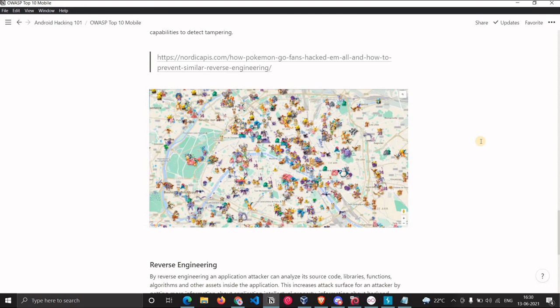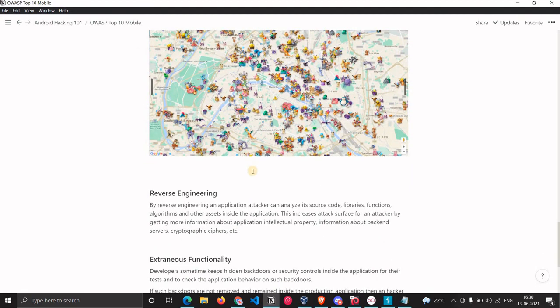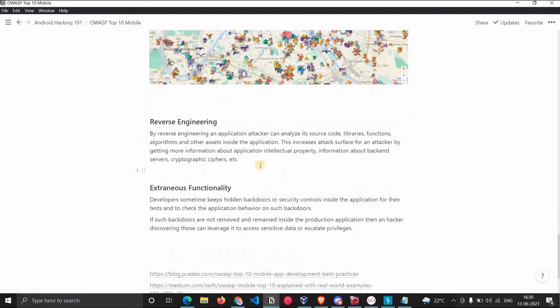There is also the Pokédex, I guess, that lets you see the Pokemons around you. They also changed some code related to that, and you can see all the Pokemons around you. Like in this image, you can see all the Pokemons. This is how they hacked that particular application and started playing the game.